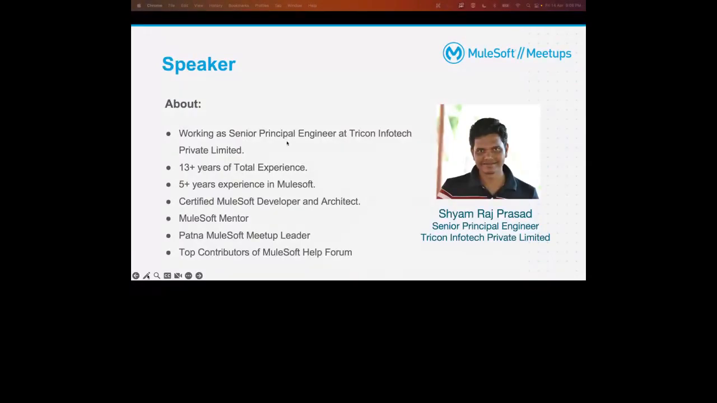So about me, I'm working as a senior principal engineer at Tricon Infotech Private Limited, and I have 13 plus years of total experience, mainly on the Java side, like Spring Boot, Apache Camel, and other different technologies. I also have 5 plus years of experience in MuleSoft. I am a certified MuleSoft developer and architect, and also a mentor and leader of the Patna MuleSoft